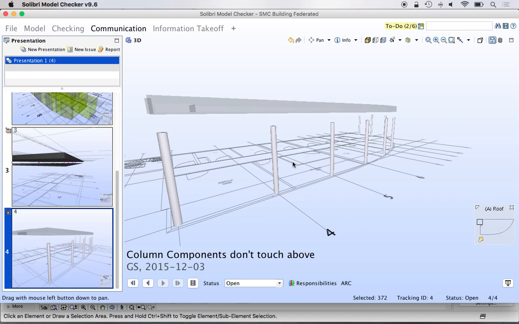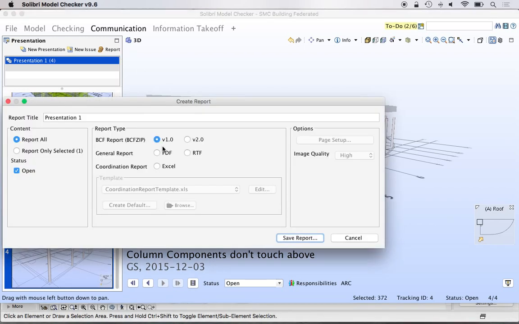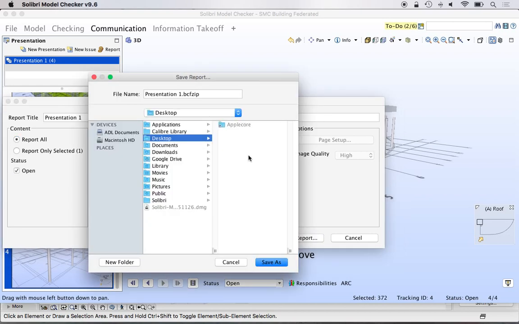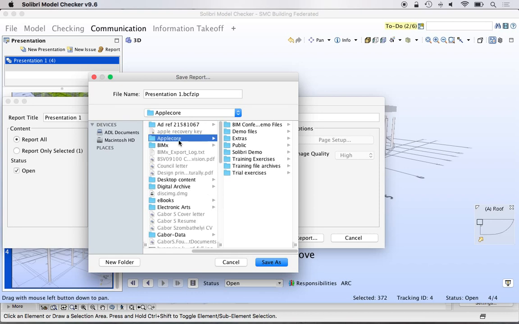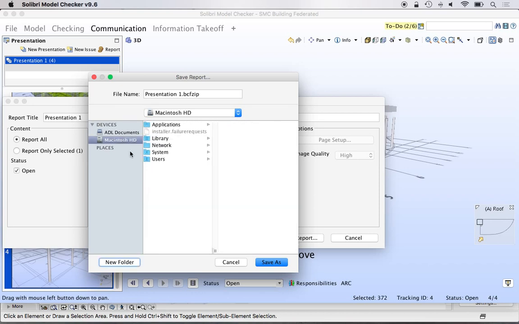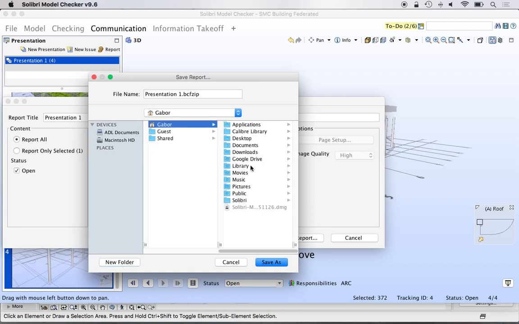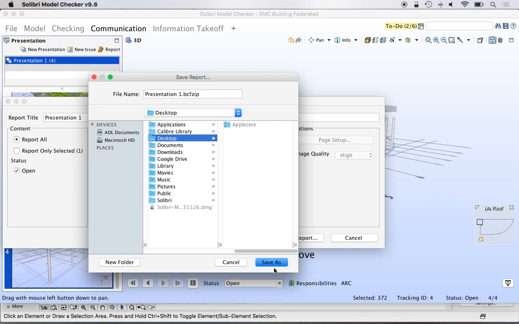So to actually go and tell people this, all I need to do is create the BCF file. I can just report this out into a BCF file. I'm just quickly going to save this on my desktop here. And all I need to do from here onwards is send this BCF file to my architect. BCF files are very small, they're easy to handle, so I can actually just email this file to the architect,